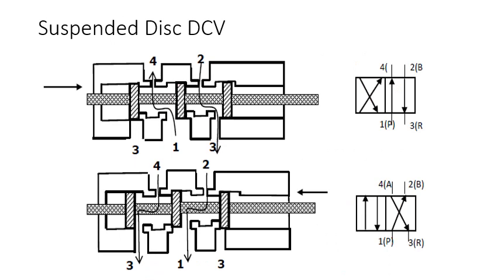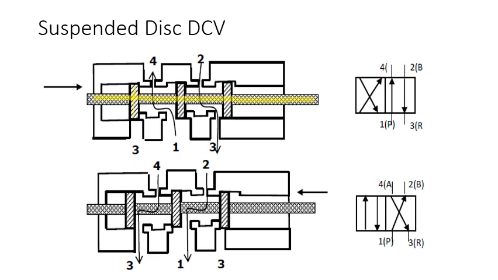Next, the suspended disc valve. Here, the suspended disc is the spool, the spool with a rod. This we call a suspended disc. There is no connection at any end, so it will be suspended freely until you supply the air at one end, and according to that it moves. It's like a memory valve only. The configuration is 4 by 2 position only.